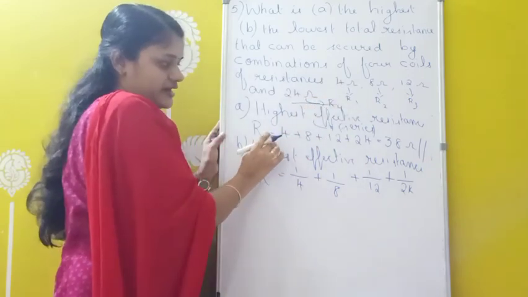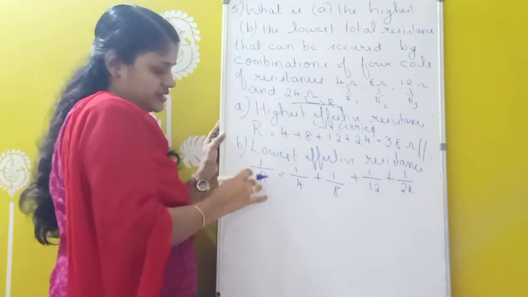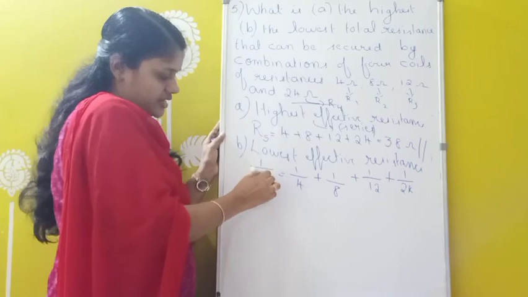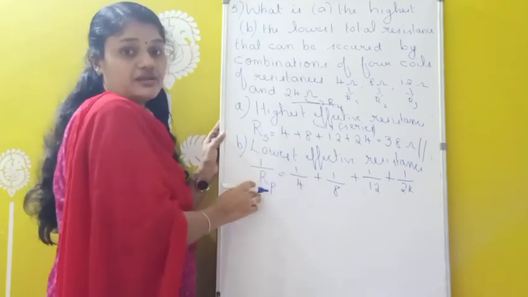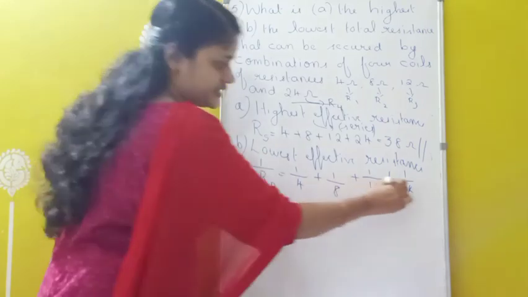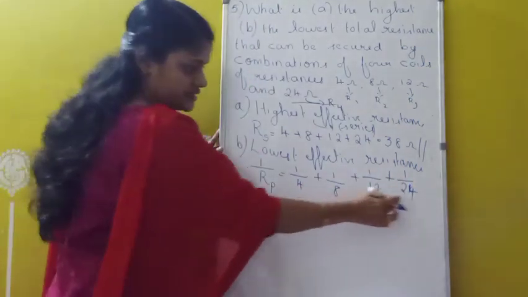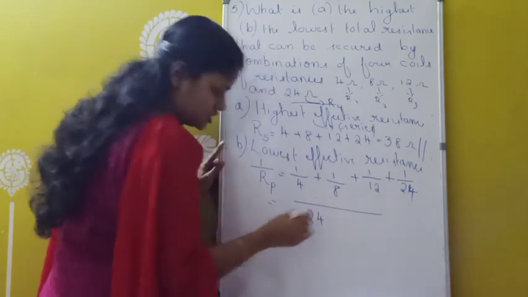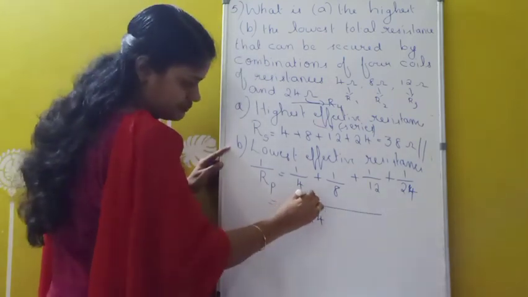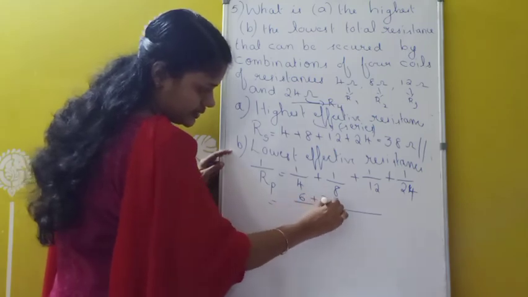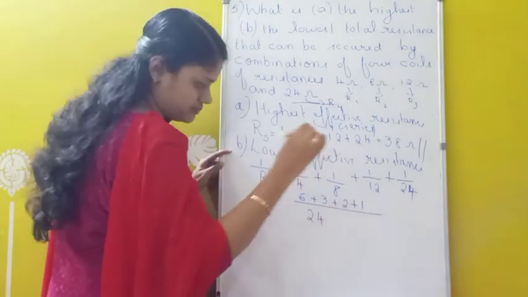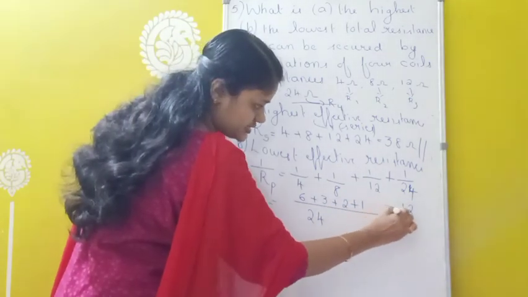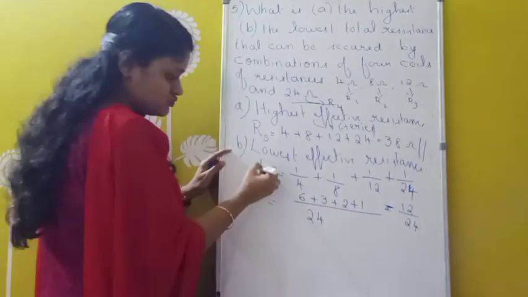Okay, and here we have added all these resistors because everything is in series. And here we have to take the reciprocal. And here I am giving RS because it is the series combination. And here I am putting RP, that means parallel combination. That is equivalent to, now we can take this 24. Now we can take the LCM here. So everything can be divided by 24. Okay, so I am taking 24 as the LCM. So 24 divided by 4, 6, plus 3 plus 2 plus 1. That is equivalent to 12. 12 divided by 24. So we are getting 12 by 24, that is 1 by Rp.